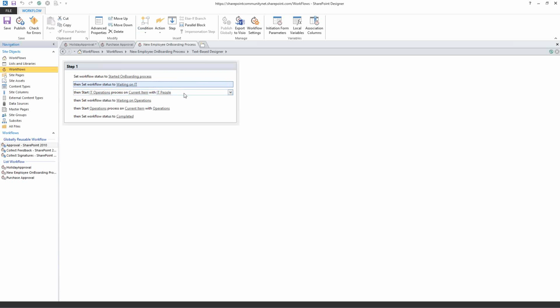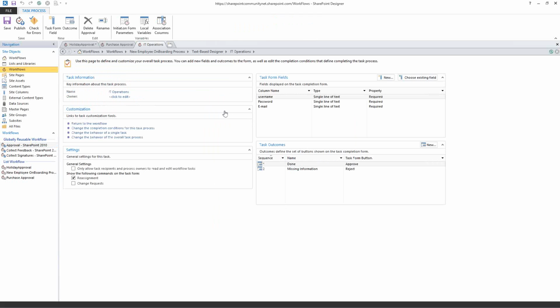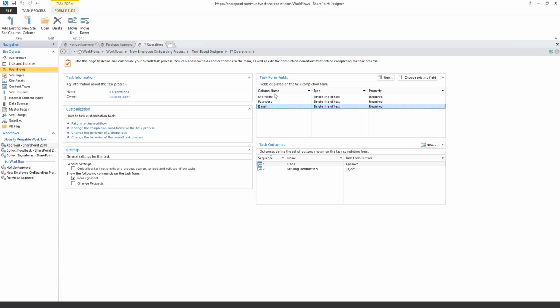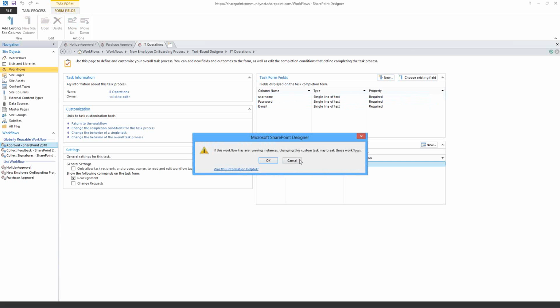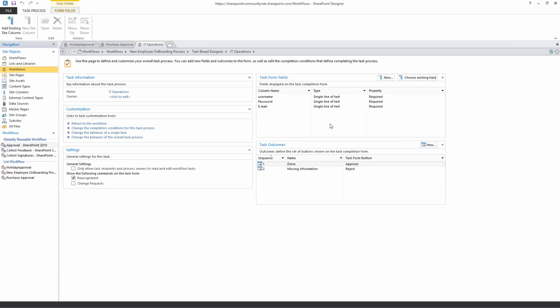Okay, so what I did was pretty easy. I started an approval process, because an approval process is a good out-of-the-box way to start a task, basically. So instead of starting a task process from the bottom, you can start it over here. And I'm going to start it with the IT people. So it's a SharePoint group. And what I did special in this workflow is that I created task form fields. Those are the fields that you saw earlier, the username, password, and email. If you want to create a new field, you only have to go to new over here. You name it as you want, and then you can choose whether you want to make it required or not. I'm going to cancel,